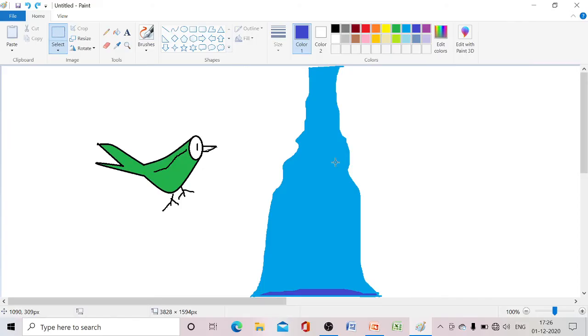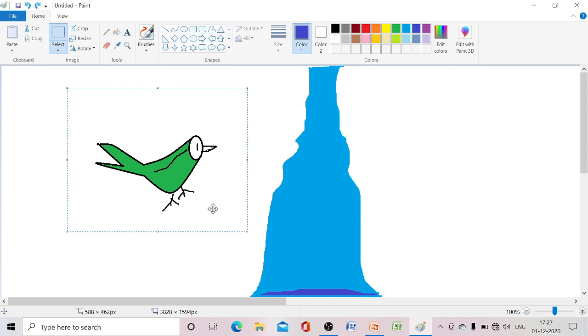Here I am going to show you how to use the selection tools in this picture. The first type of selection is rectangular selection. To use it, first you have to click on this select option, then choose rectangular selection, then click and drag. So in rectangular shape we can select the picture.